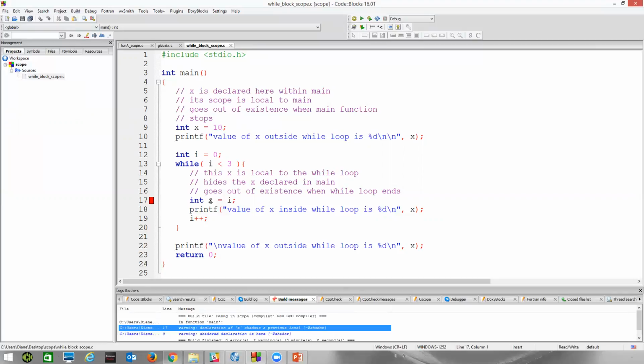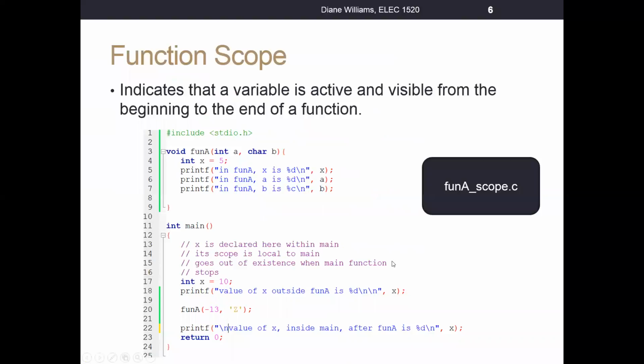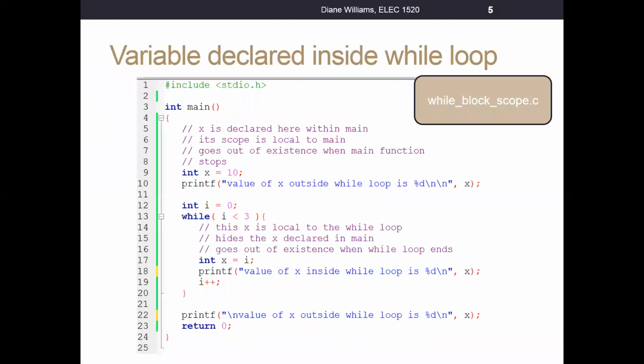And so it's not the best practice to hide variables by giving them the same name. I'd have been better off naming this Y or something like that. Since this block is within another block, I'd be better off giving it another name. But you can give it the same name, you just need to be aware of what happens. So there's that example of that while loop.